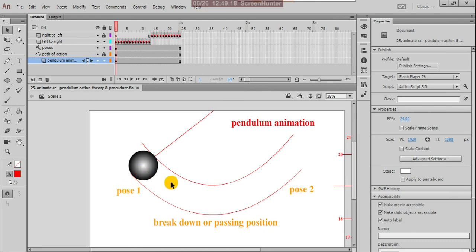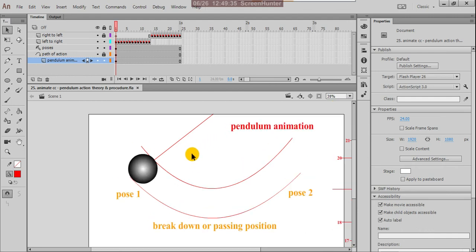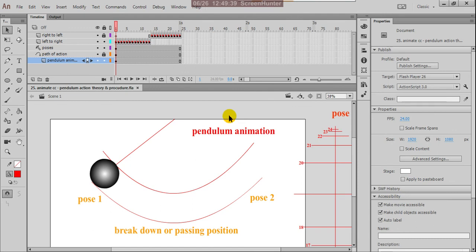Your thread can continuously move with your main pendulum. That is follow through of the object. So I'll explain that in the next assignment, in the next class.